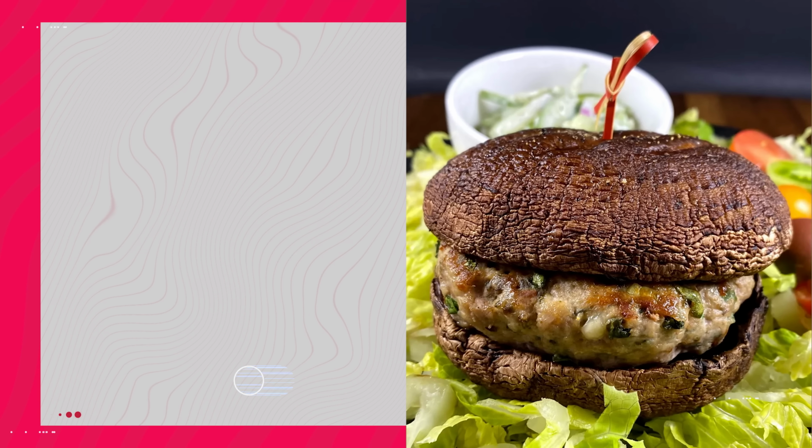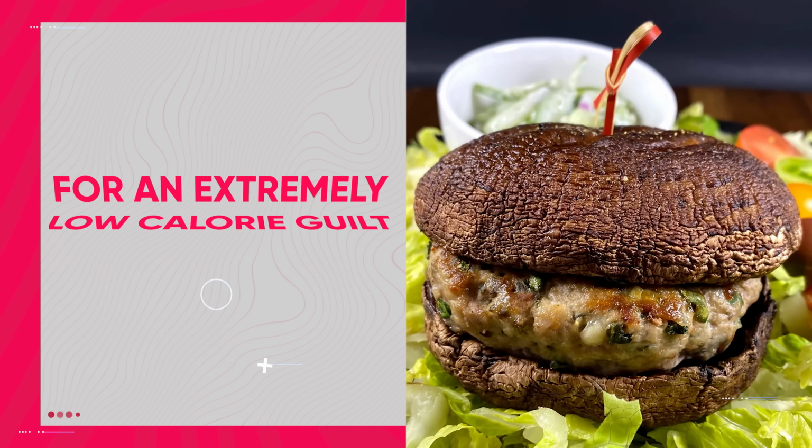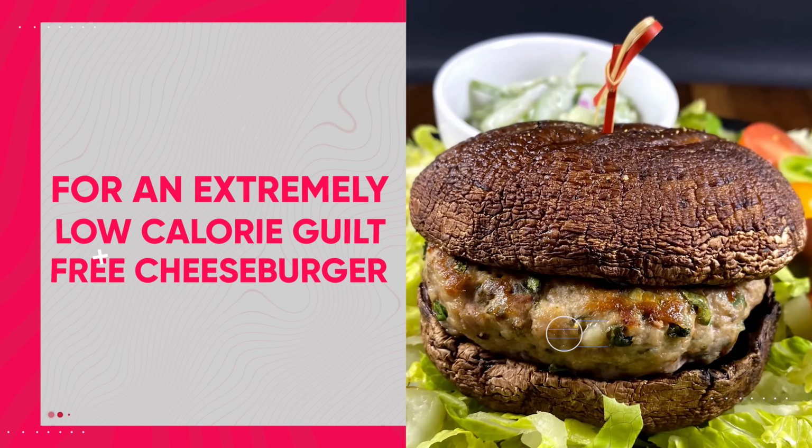Then you can add part skim cheese and a lean beef burger with some lettuce and tomato for an extremely low-calorie, guilt-free cheeseburger. Going back to a sweet-tasting dessert, if you want a snack that requires no work, you can